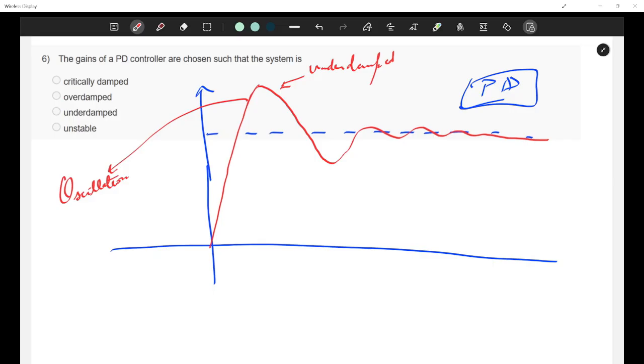So the oscillations will be there, right? Without a damper, you won't be able to reach the steady state value in one go, where the door should be closed in one go. You'll have the peak and overshoot, and if you want things to happen quickly, you'll have more overshoot. So this leads to oscillations.